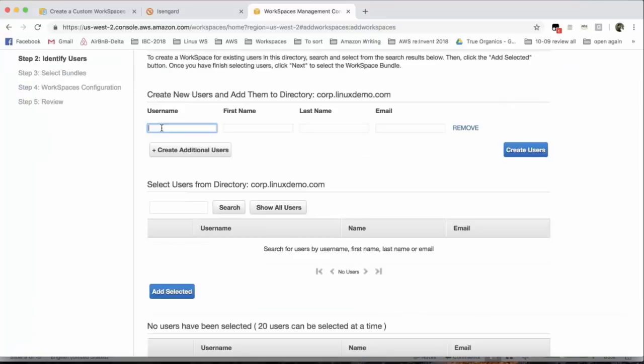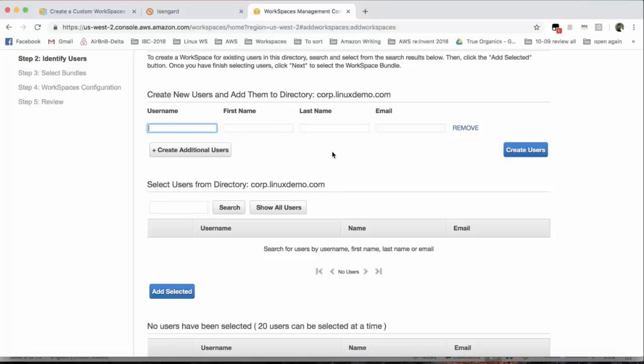Because all of the workspaces, remember, are domain joined. All of the workspaces are connected to an Active Directory. And so is the case with Linux. That's what makes Amazon Linux workspaces so easy to use, because you can connect them to your existing enterprise domains. You can connect them to your existing Active Directory artifacts and basically manage them just like a regular computer object. So that whole process, I already have a directory set up, but once you are doing a fresh run,